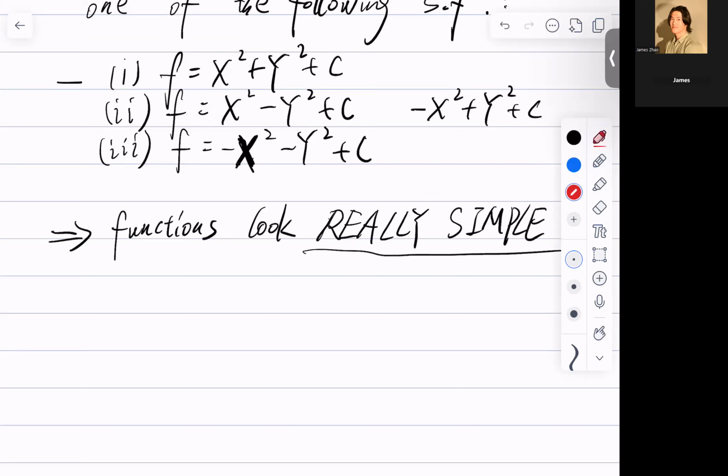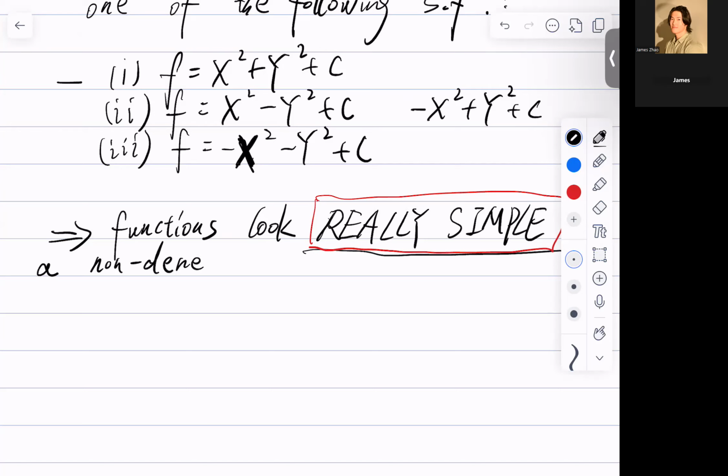I underlined this and added a red box to show why this is so beautiful and elegant, and why it needs to be re-emphasized again and again, because it doesn't get much better than this. A function can be so complicated, but you can reduce it to such an easy quadratic form near a critical point,